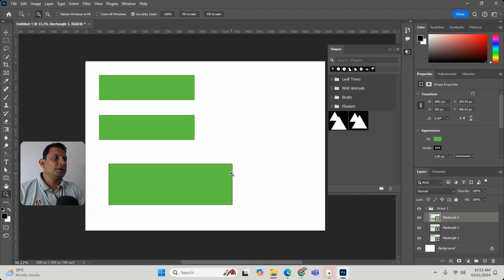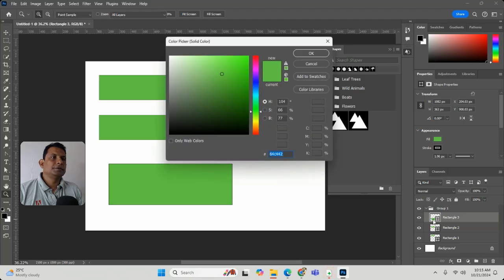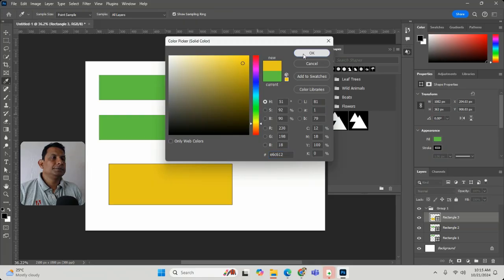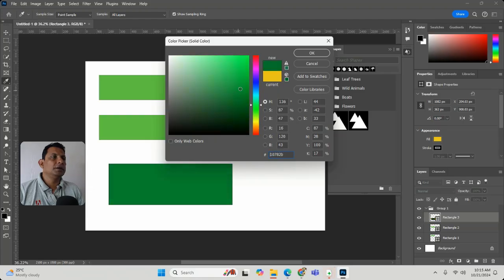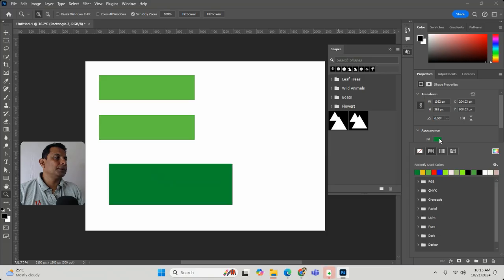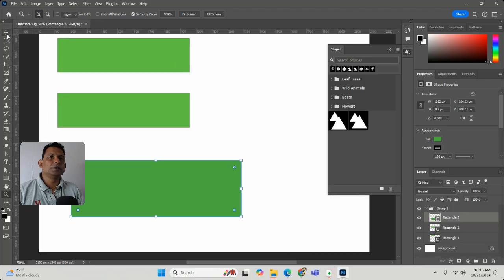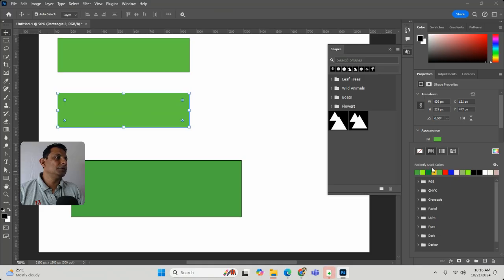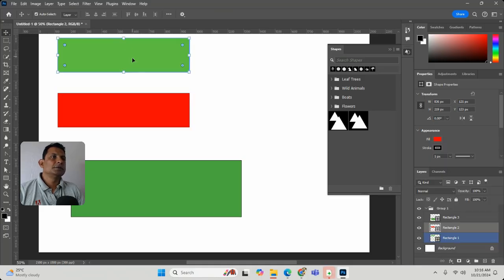And here is another way: if you double click here, you can change the fill color from here. From the layers panel, you just double click it and you can change the fill color. And you can also change the fill color in the properties panel. Whenever you select any shape, the properties will change. You can select this color. Select and select. Here also you can change the